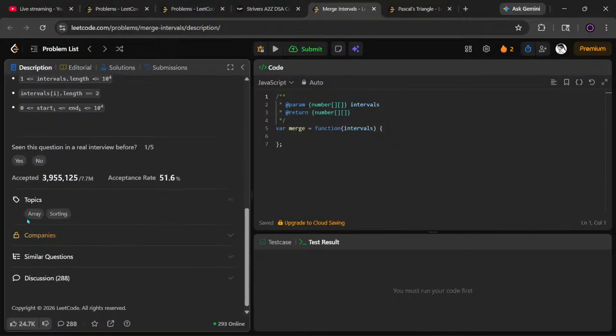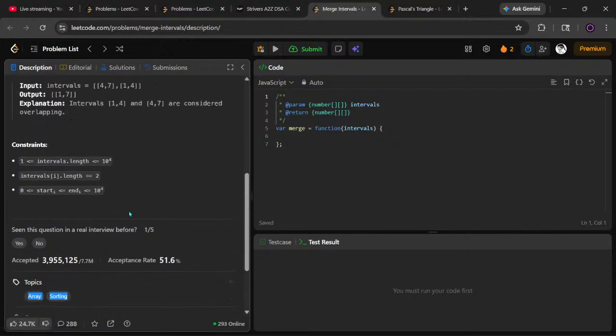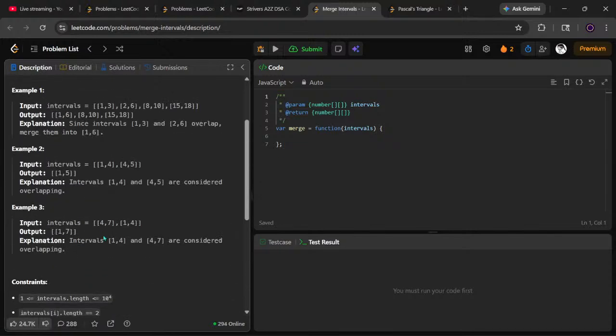They only gave a topic like array and sorting. With sorting, I can do this. Or if I sort, what does happen? If I sort in ascending order, it's already in ascending order, I guess. No, something is in descending order. So this should be coming here, and what they did, they made 7,